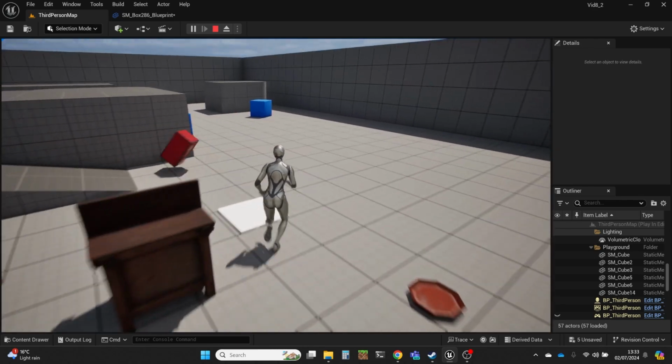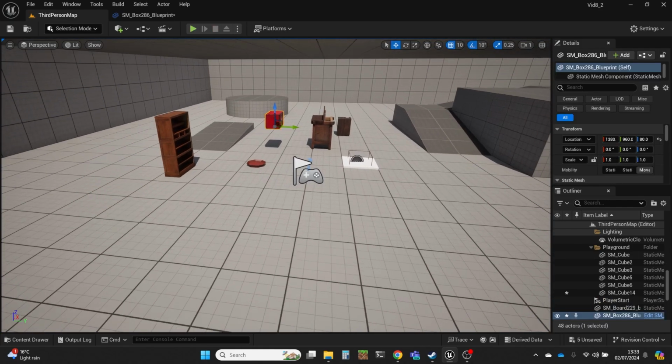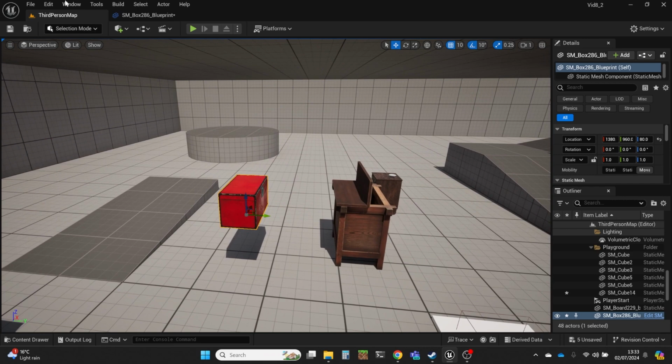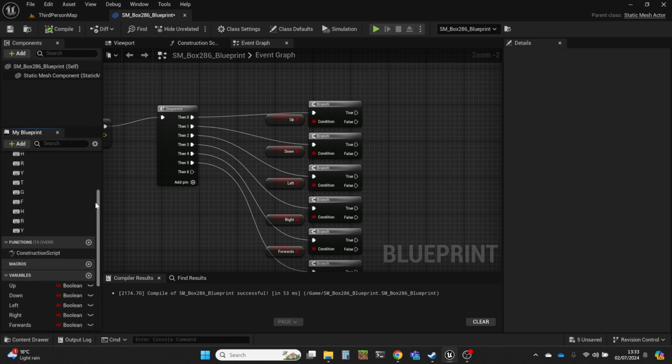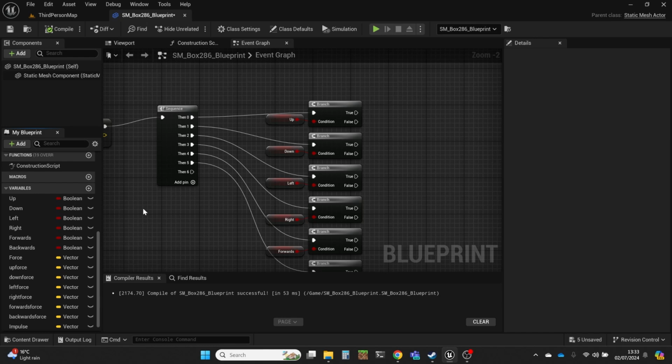Okay. What we're actually going to do is do this in a more controlled way. One of the reasons for turning this into a blueprint is so that I can get into the blueprint and do some stuff. I've done some preparation work in here, just because I didn't want to spend forever doing stuff with the script. So let's try and describe what I've got.